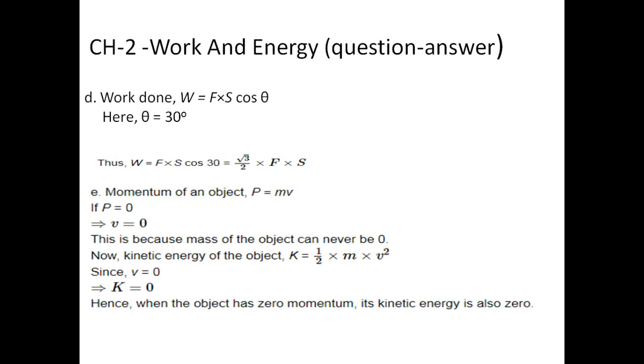So work is equal to F into S cos theta. Now in place of theta we will put 30. We all know the value of cos 30 degree. Cos 30 degree is equal to root 3 by 2. If you remember the trigonometry values of sine theta and cos theta for sine 60 degree, cos 30 degree, cos 60 degree, from there you will get the value of cos 30 degree. Cos 30 degree is equal to root 3 by 2. Now we will put all the values: cos 30 degree is root 3 by 2.